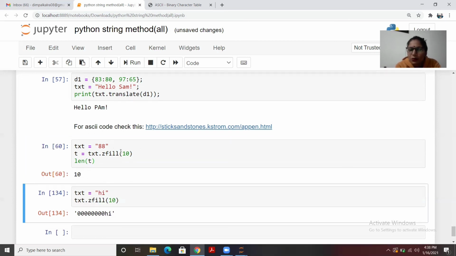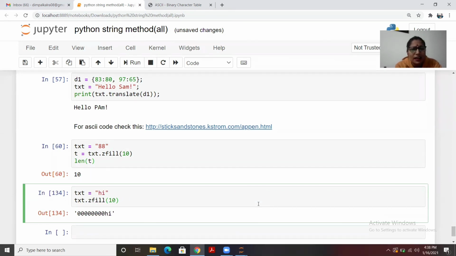I have given the value 10, so the length of this text would be 10. But you cannot add after 88 because it will change the meaning of 88. If you add 0 before 88, that will still be 88. So for alphabets it doesn't make any sense, but in case you want to insert zeros, you can use it like that as well.